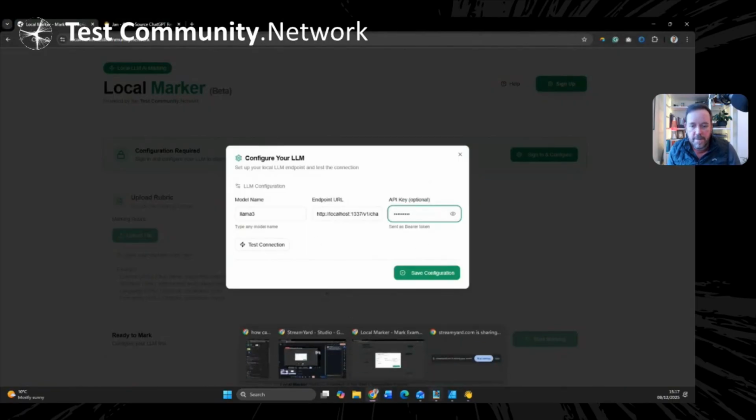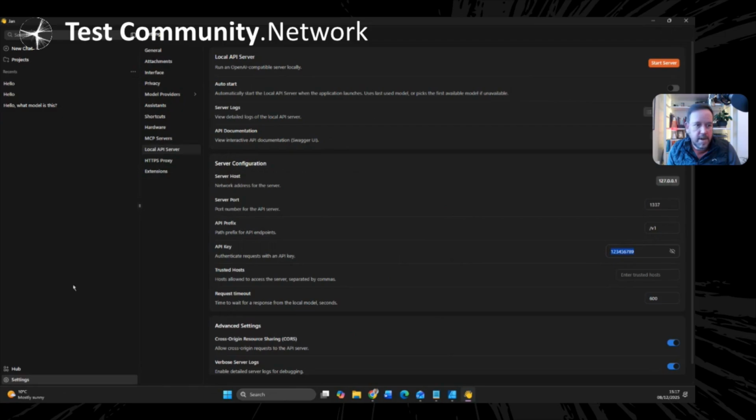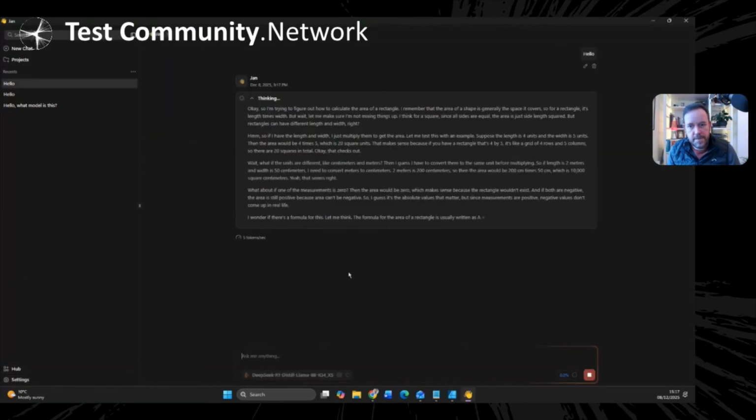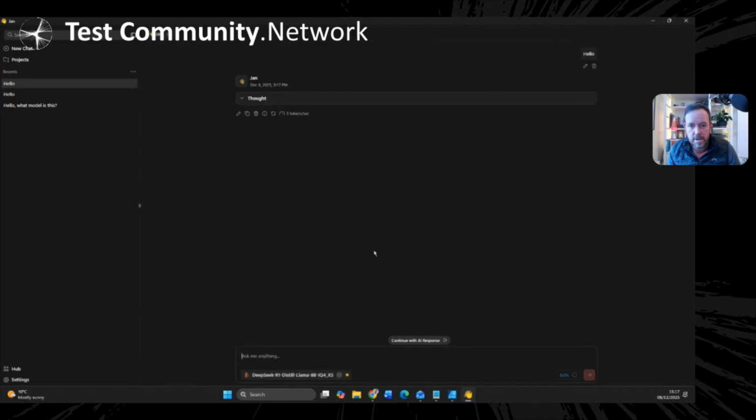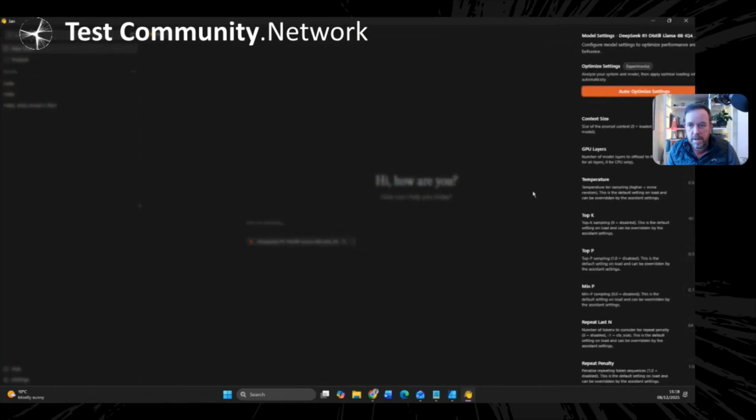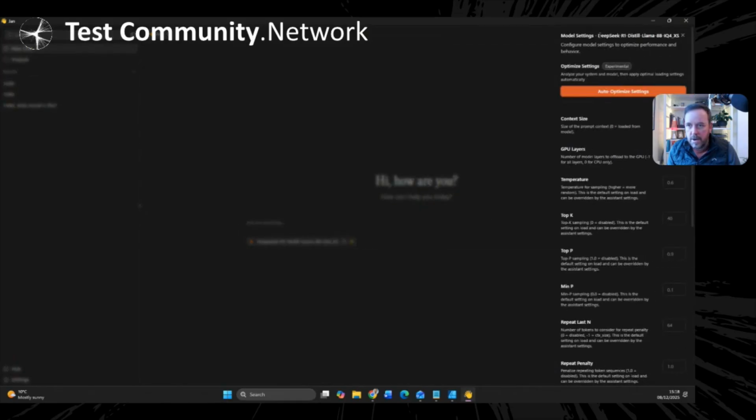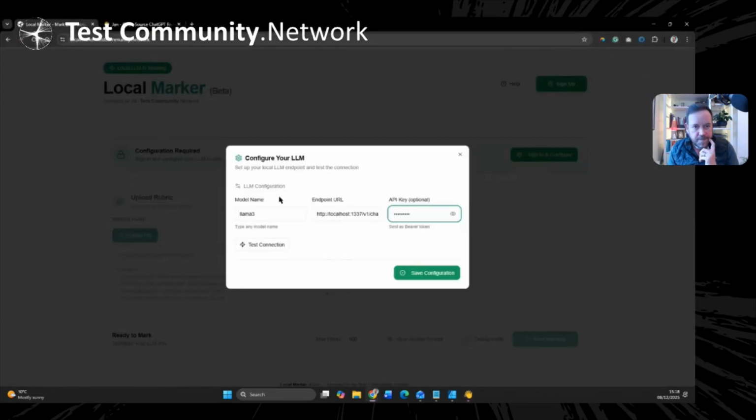What I also need from the app is I need my instance. I'm going to start the server. Make sure that's started. Let's go in. I'm going to go to my chat. I'm going to stop that chat. I'm just going to look at my model. So I'm just going to new chat. Click on that there. And I want to copy that model name there, because that's the model that I'm using on this computer. I'm going to paste it in. If you're using the Jan stuff, then you shouldn't need to change any of this local host. I'm going to test this connection, make sure it's working.